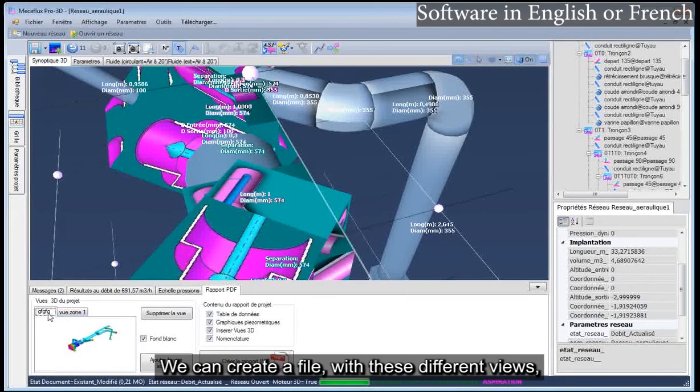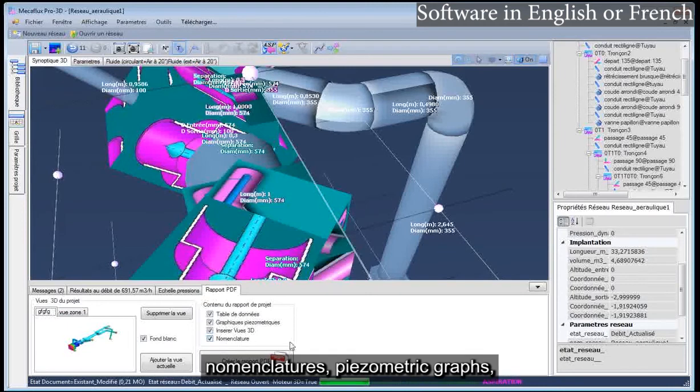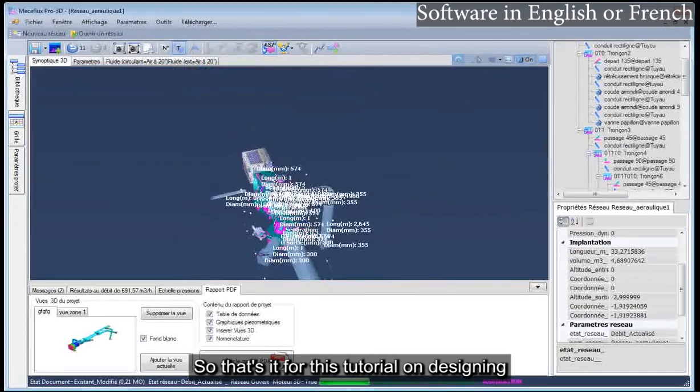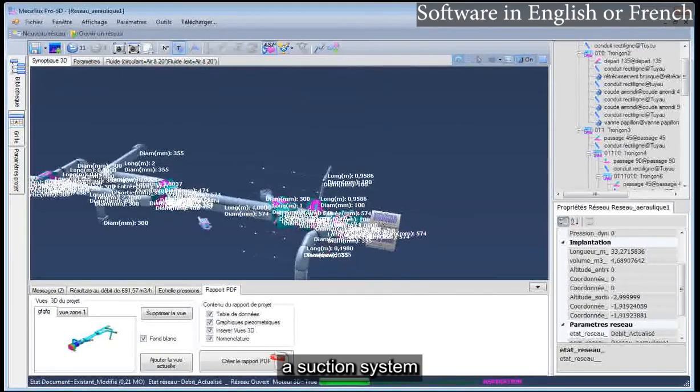We can create a file with these different views, nomenclatures, piezometric graphs, by generating the PDF report here. So that's it for this tutorial on designing a suction system with Mechaflux Pro 3D.